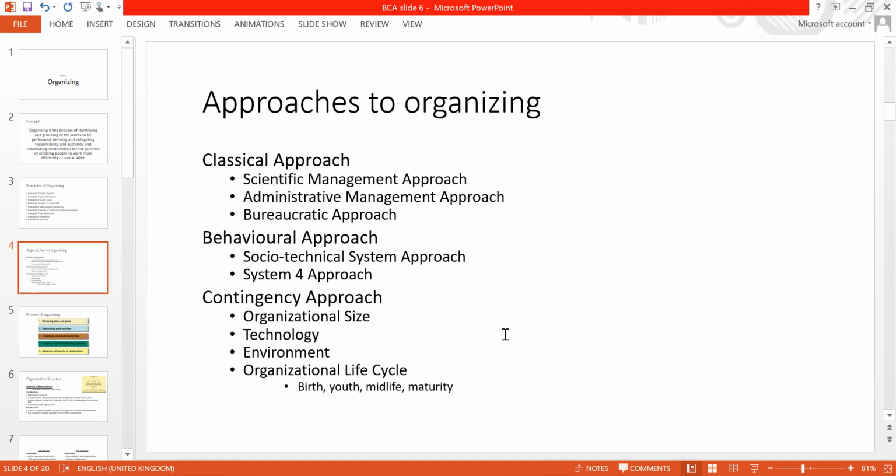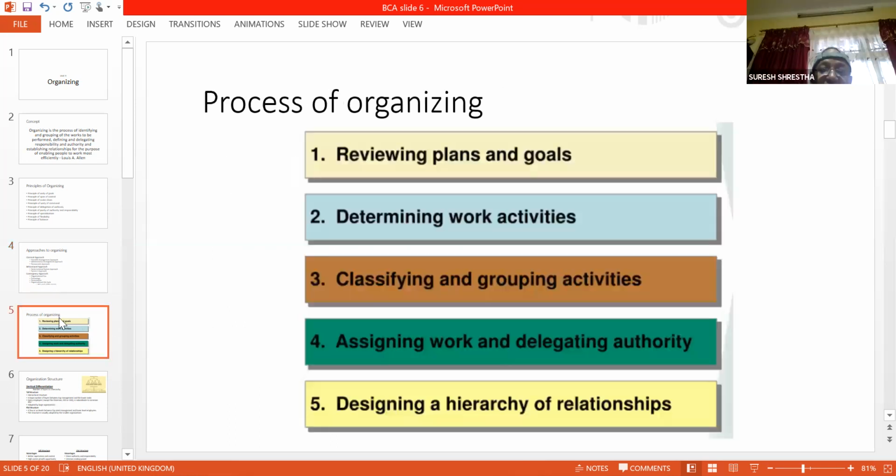Okay, sir. Okay. Now let's see, how organizing process flow chahi kasto huncha bhandakiri. So before organizing, what you have to do is you have to review your plan. You have to revisit your plan and see what are your goals and what are the plans. Kasto baneko cha bhanne पहिला, because your organizing depends upon your plan. The plan kasto cha त्यो अनुसार organizing गर्नु पर्ने हुन्छ. Because plan ले नै भन्छ यो काम गर्नु पर्छ, यसले गर्ने, यति बेलासम्म गर्ने भनेको जुन अस्ति हामीले भन्यौं नि